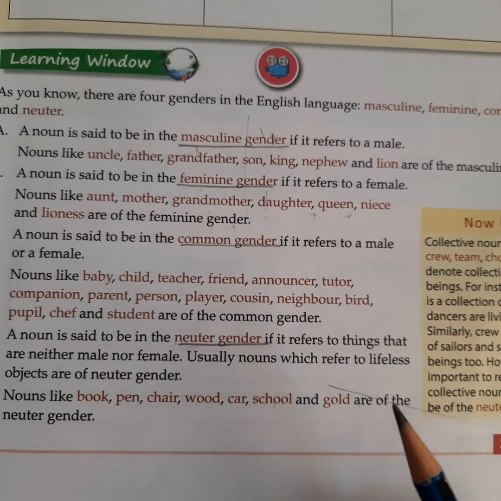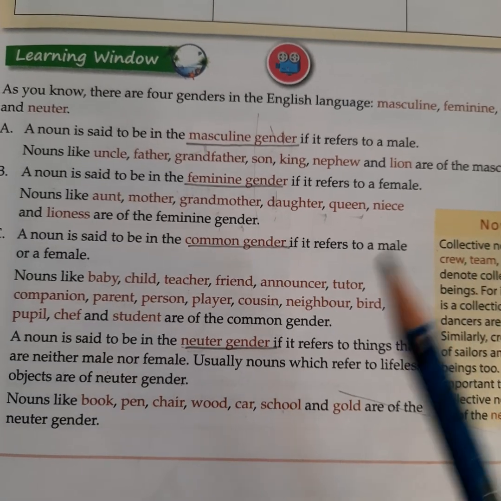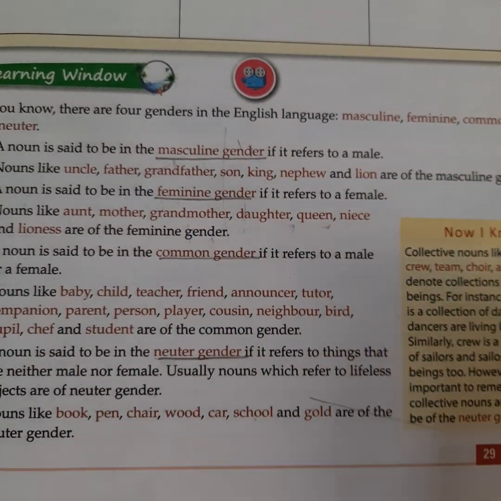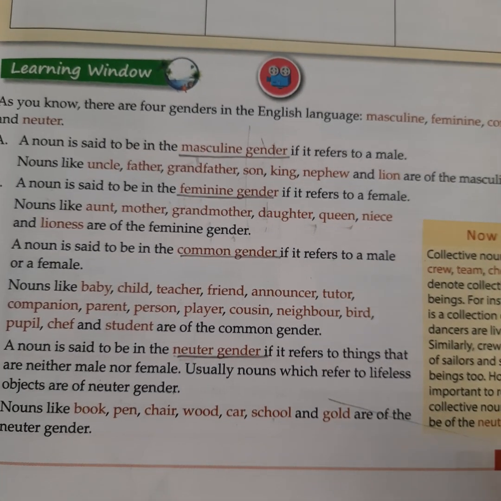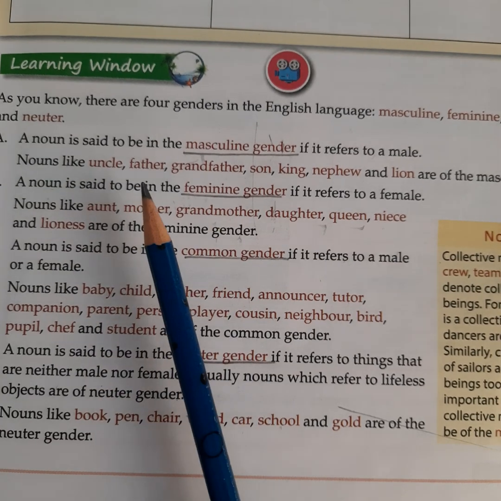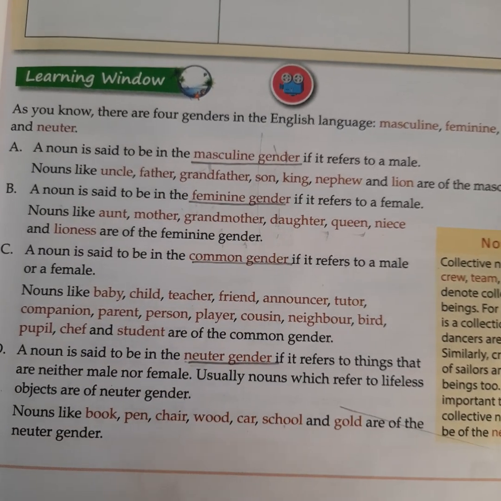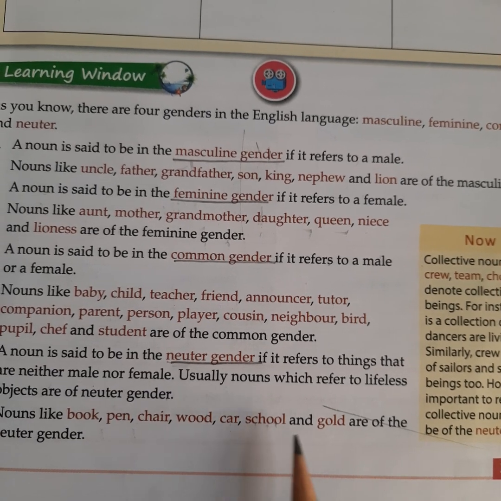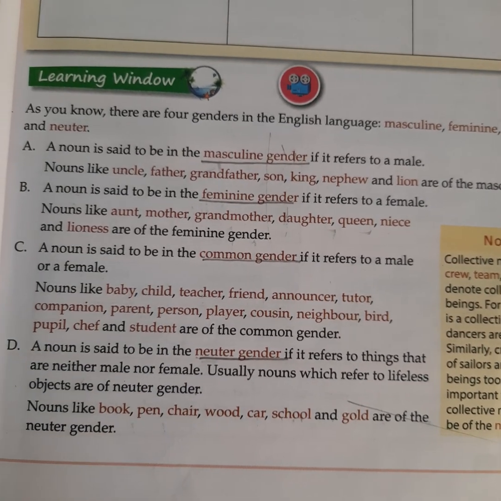The nouns which do not have any kind of life, the non-living things, can be neuter gender nouns, like this pencil. So this pencil is neither a masculine gender noun nor a feminine gender noun nor a common gender noun. So it is called a neuter gender noun. Okay, so let's see the examples, like book, pen, chair, wood, car, school, and gold are examples of